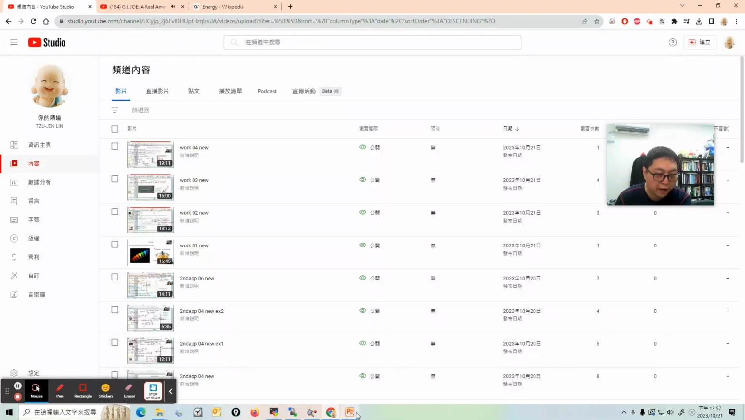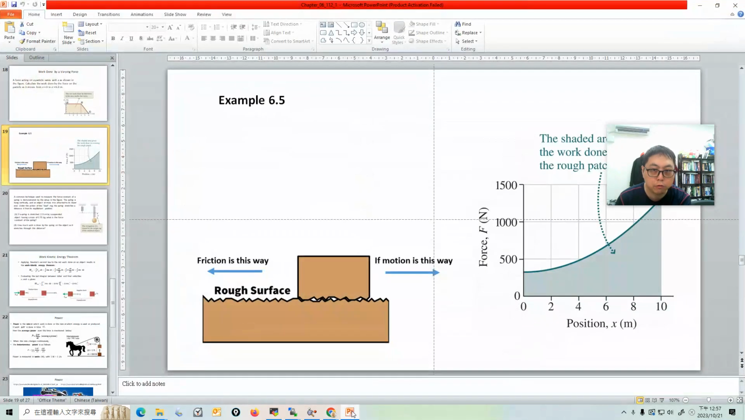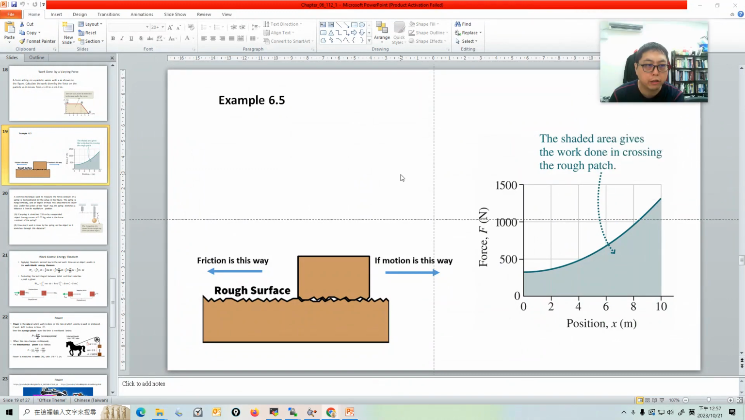Hello everyone. In this video I'm going to demonstrate an example from the textbook. It's calculating the work done by the varying force. And the problem is in this example 6.5, it says